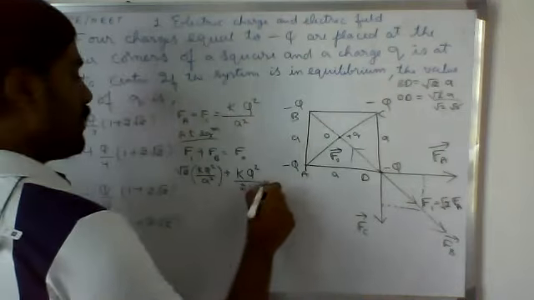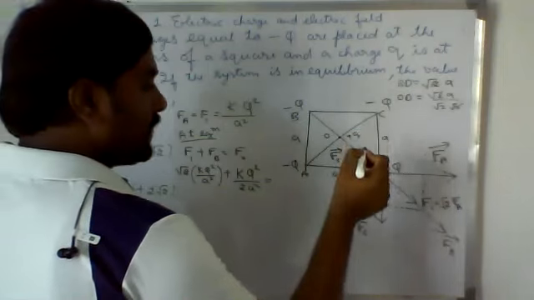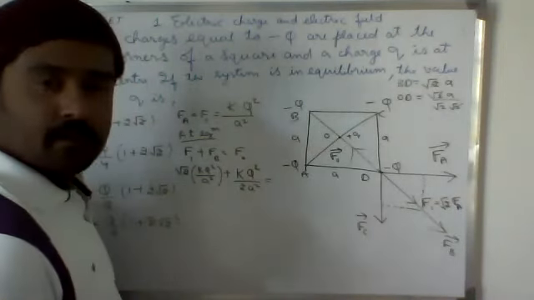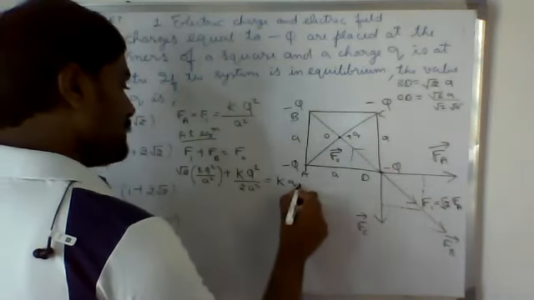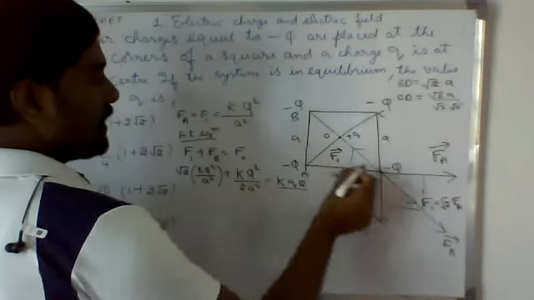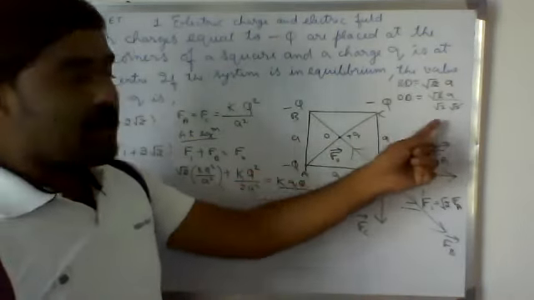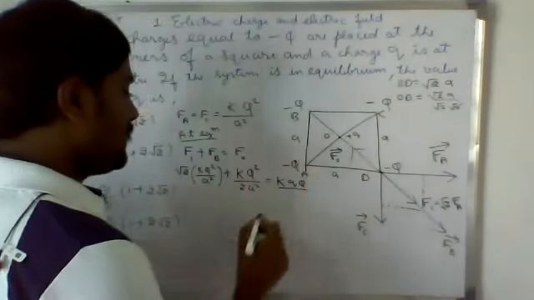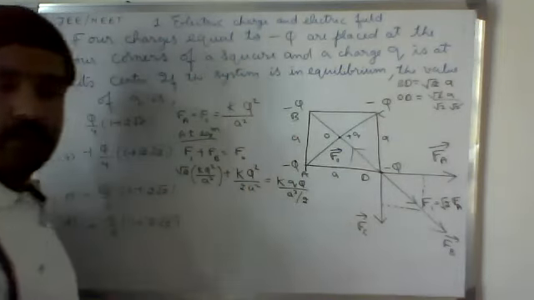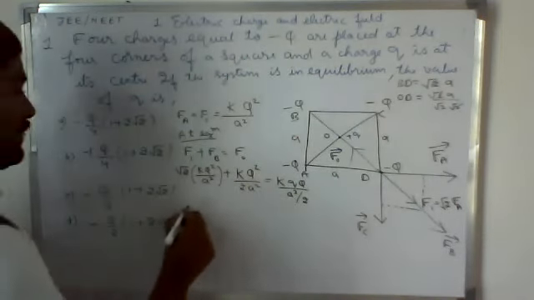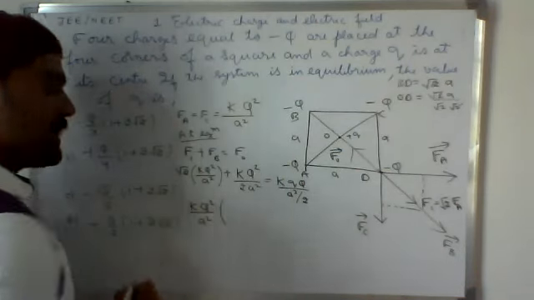Right? That is equal to F0, which means the force acting on minus Q at the point D due to plus q at O. So that is K, two charges, one is small q and the other is capital Q, divided by the square of the distance, OD square. OD is a divided by root 2; squaring, a square divided by root 2 square, which is 2. Correct?